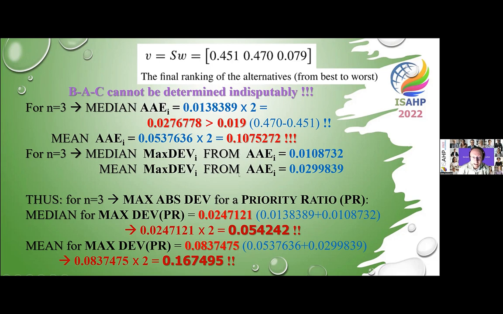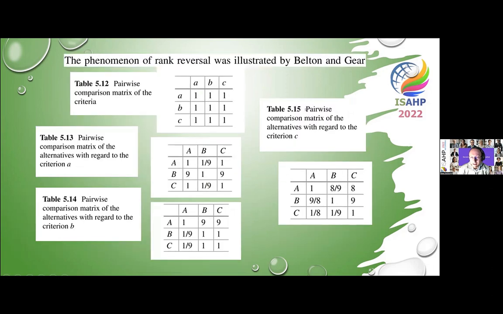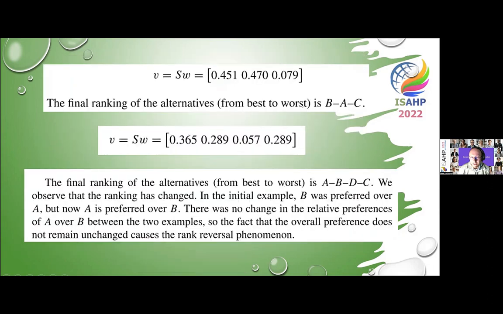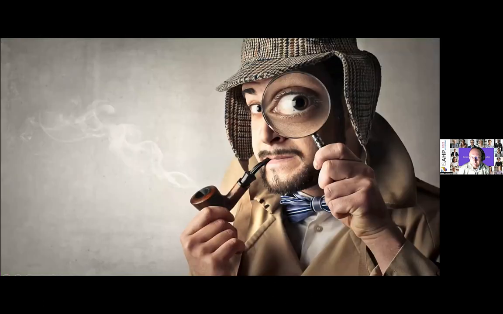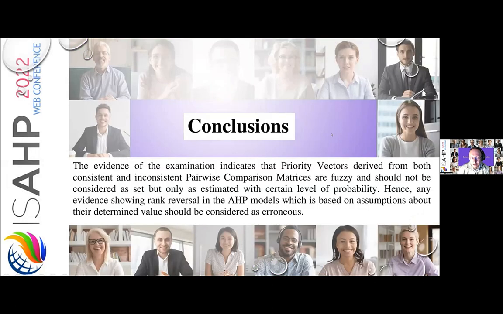So the example of these two authors, Belton and Gear, in my opinion, is not convincing evidence that the rank reversal phenomenon exists in AHP at all. So I propose the conclusion that the examination indicates that priority vectors derived